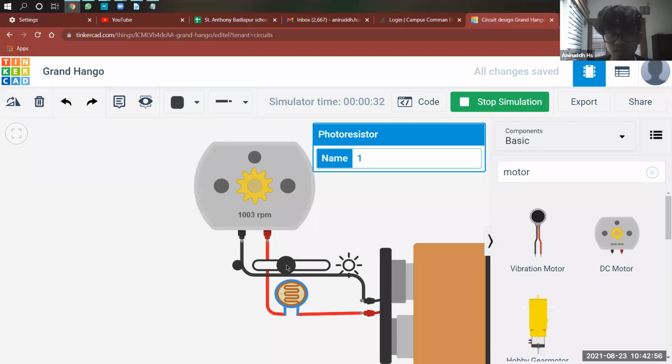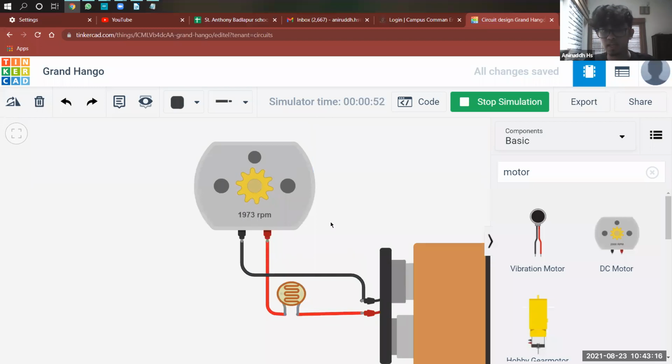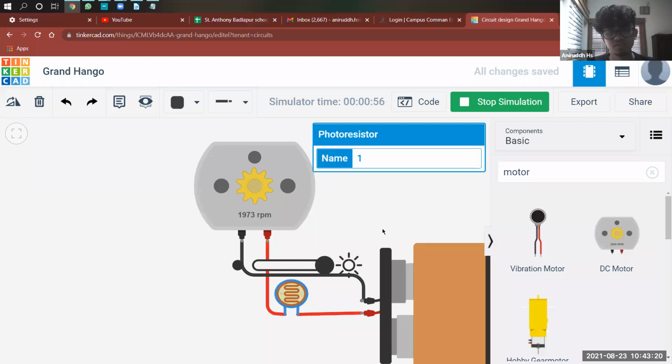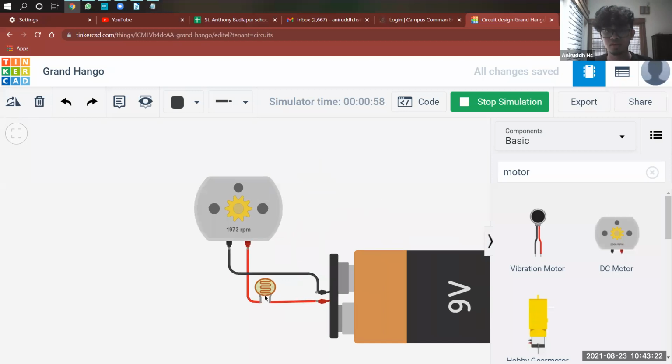And this is sunlight. When you open the door, some sunlight will come, right? Let's say approximately this is sunlight, and then you turn on your lights. Then it's full maximum. The fan speed also increased to the maximum, 1973. So depending on how much light is falling on it, you can control the speed of the motor. Motor, LED, bulb, all those things you can control with this. All these different components can be controlled in the same circuit.